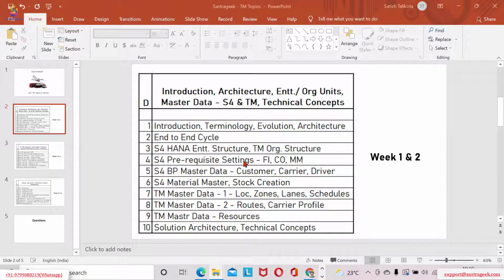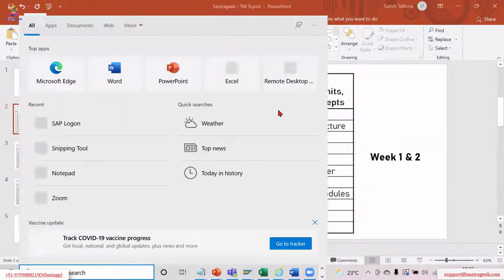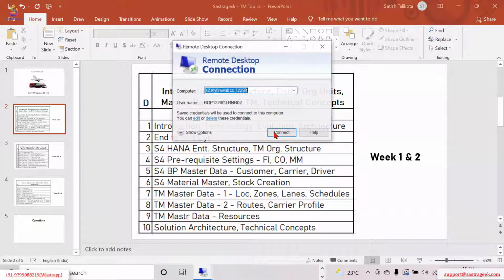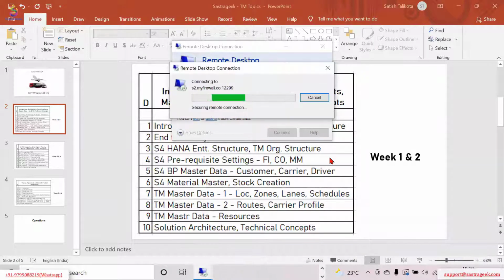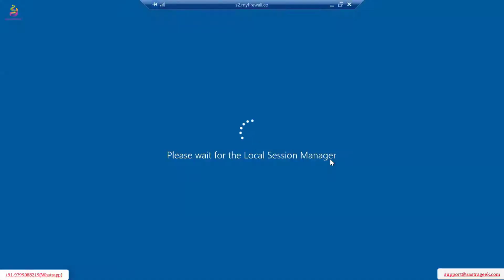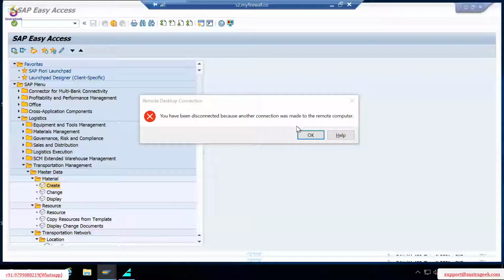And also, if you remember, our material master company code settings, we had it as